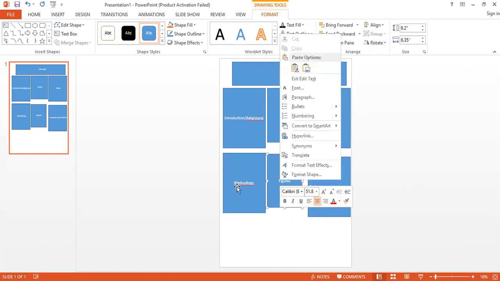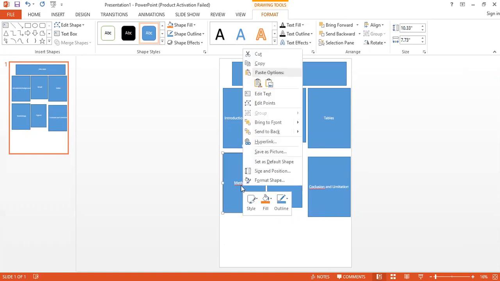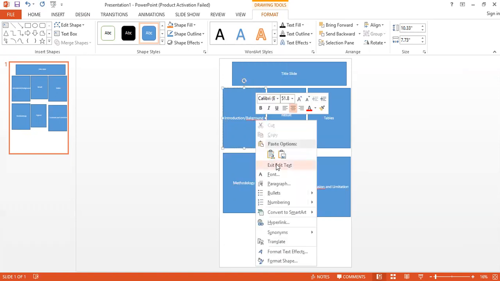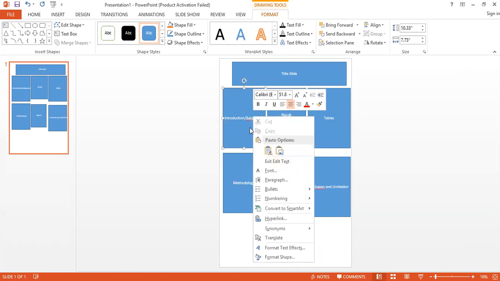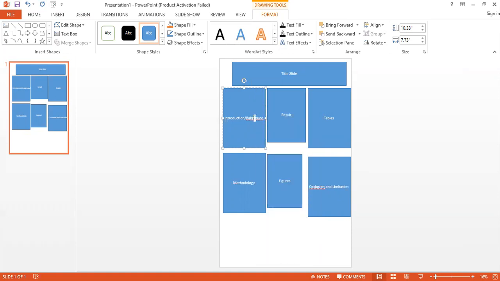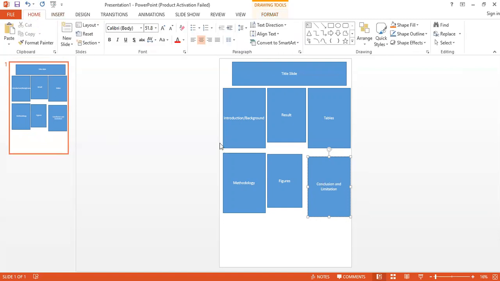So obviously these boxes can be modified or changed. You can increase the size of these boxes, or you could decrease the size of these boxes. Now that depends upon what criteria you are trying to follow. So this is a spelling error out here, I correct it, and this is again a spelling error out here. This means conclusion and limitations. You could add as many boxes, and you could delete as many boxes out here.